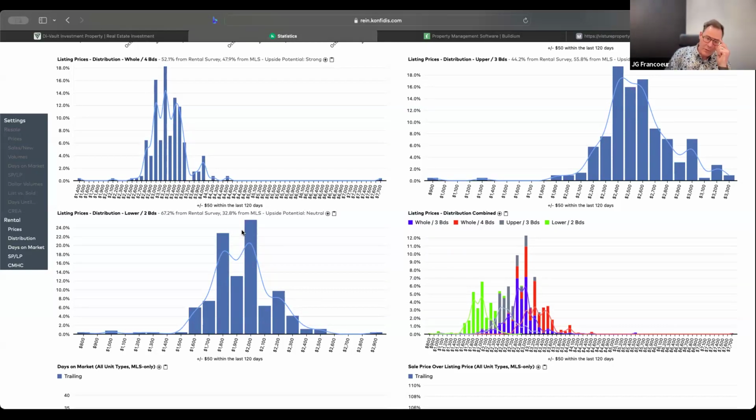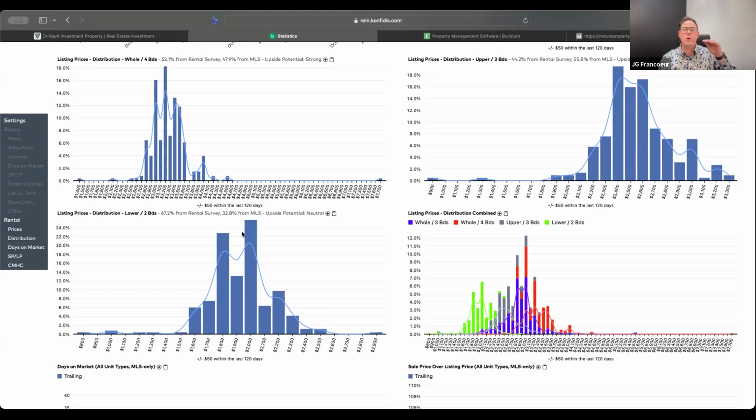By the way, folks, if you've been watching Rain for a long time, and if you've been following, that cash flow zone calculation that you make is so critical to deciding where you should invest. And this gives you a really good idea, because if you can buy a property in Orillia or in Peterborough, let's just compare 2. Let's take a duplex in Peterborough that you can buy for $700,000, okay? And you'll get the rents I showed you for the upper, and then the rents I showed you for the lower. If you compare that to the rents, which are lower based on this statistic, and they are in actuality,